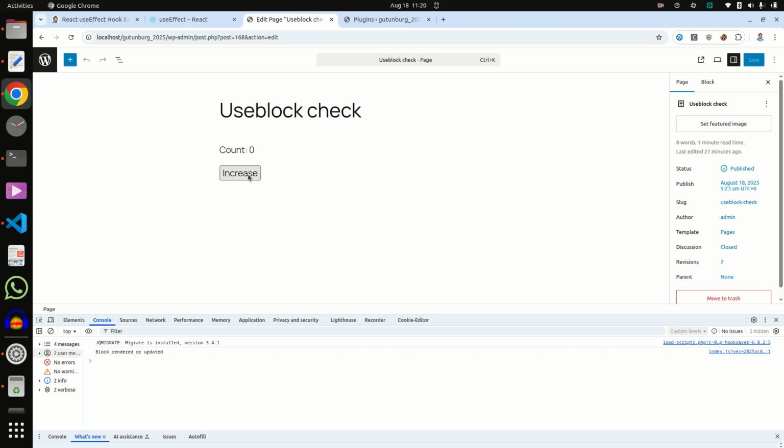And when I click on increase, it increases my state, but it does not re-render again, meaning our useEffect is not called again and again.